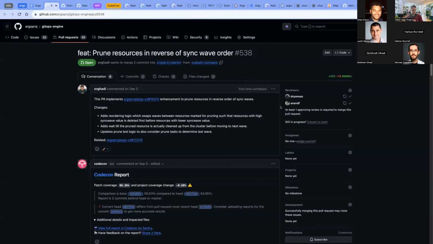I wanted to bring this to discussion. This adds a change in pruning behavior for sync waves, so how the resources are pruned during sync operation. This is to address scenarios where deletion of resources needs to follow a particular order, basically the reverse order in which they are created.